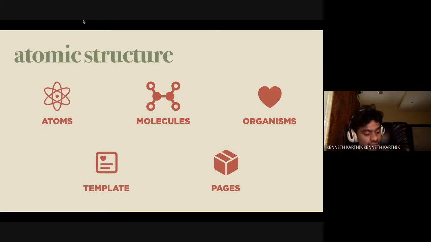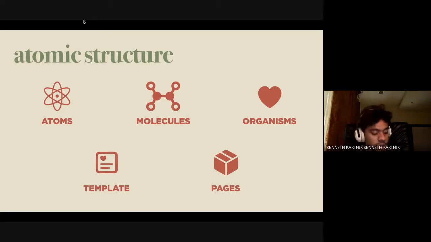So anything related, so that'll be like, I think, what is a good example of that? For example, a molecule would be a submit button. So how does a submit button look? And that will have atoms of the font of a submit button, the color of the submit button, and the design of it. So each of those elements will form a molecule, and now those molecules will form an organism,